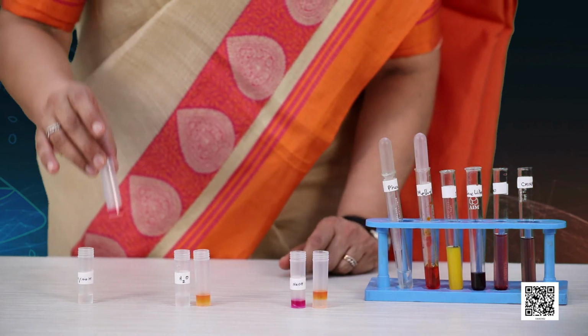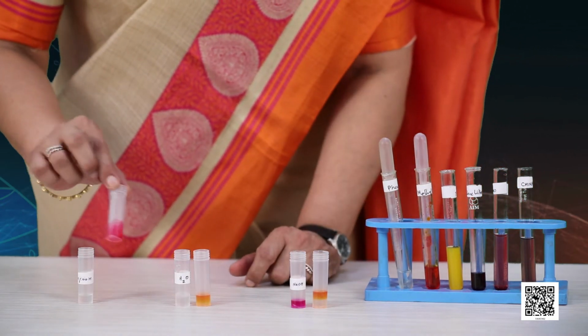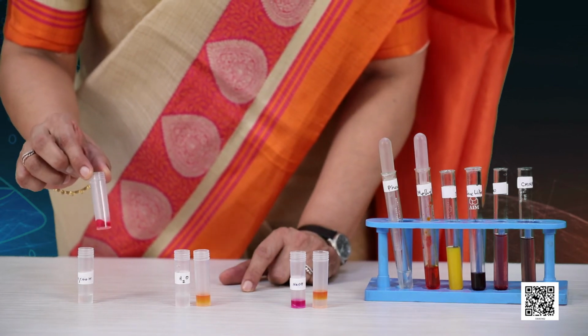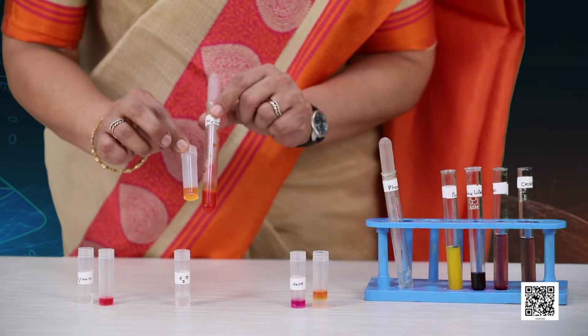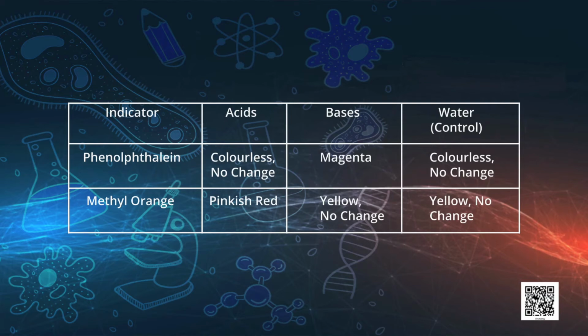With acids, because this set is acids for me, we can see the color has changed to, we can say, pinkish red. For water the color has remained the same, because in water we have added, obviously, the dilution would be there. And what about base? Is there any change? The base also has no color change. Okay, so the yellow or the orange remains orange with methyl orange, and the acids change it to red.